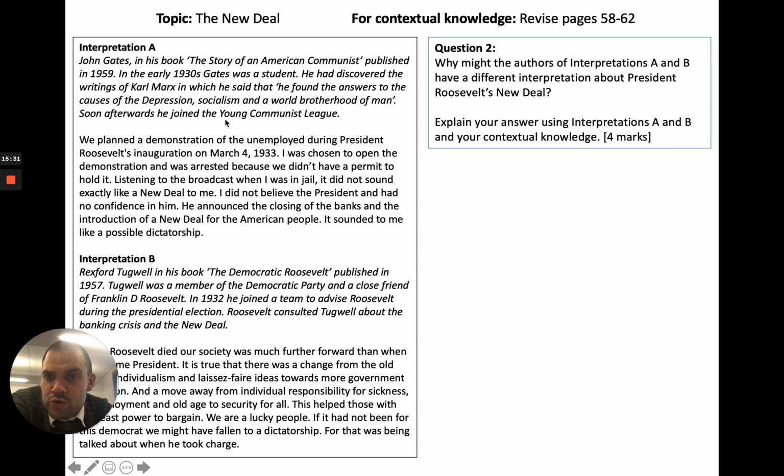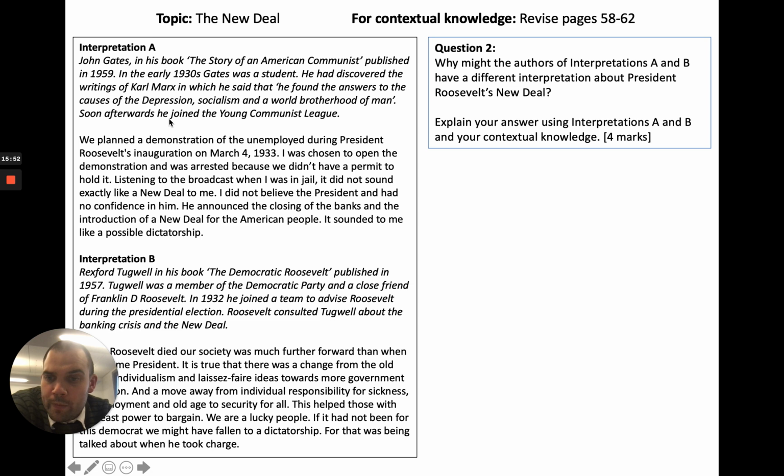Soon afterwards, he joined the Young Communist League. So this guy was someone who was an American communist, right? He was very, very left-wing. It's quite likely that he probably saw Roosevelt as a bit too moderate, because Roosevelt wasn't left-wing enough for lots of American radicals at that time. So that's probably going to explain why he had a slightly more skeptical take on the New Deal